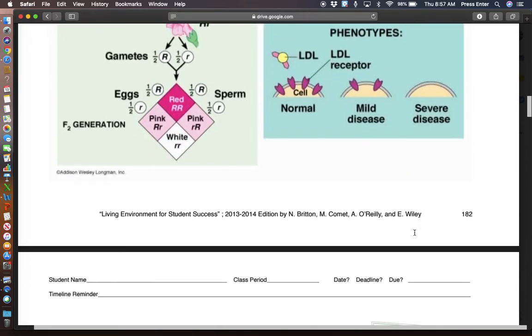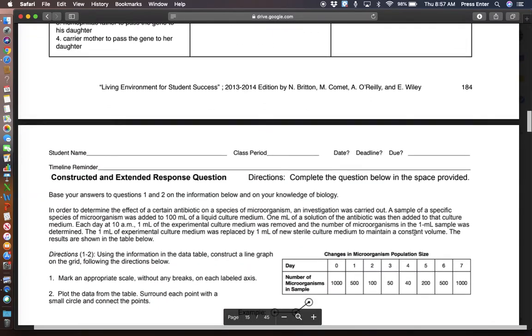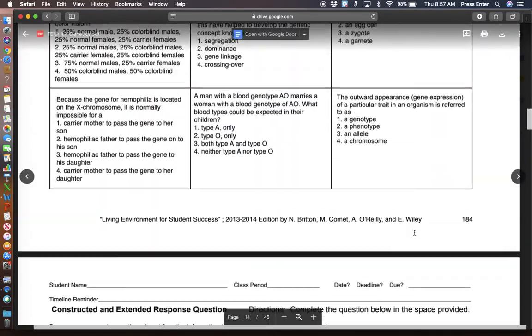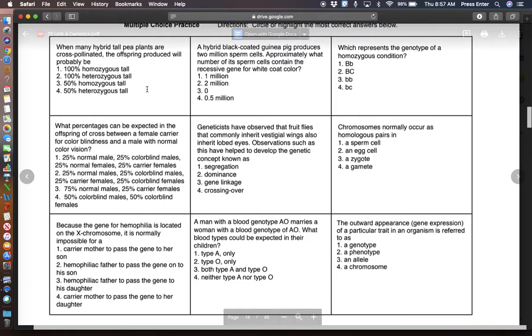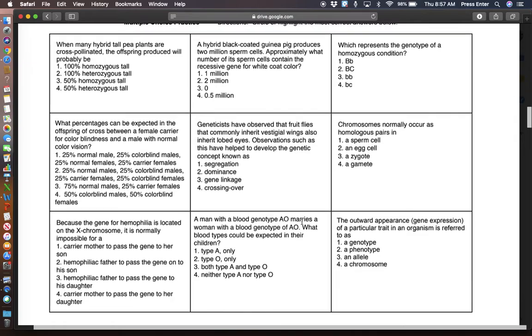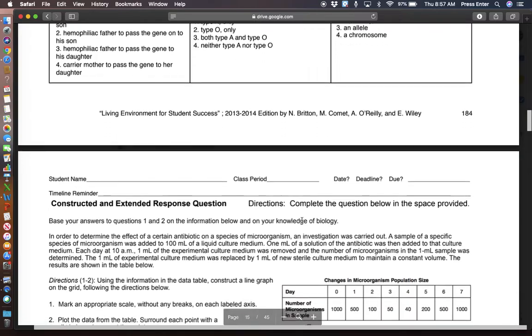Okay. Let's see what else we got. I think we're on to the next part here. And I'm not going to go into too much. Actually, in your notes, you have these multiple choice questions. These would be very good to look through and see if you can figure it out. Most or all of these actually are pretty much just a standard Punnett square that I have confidence that you could figure out. We've already covered monohybrid and dihybrid crosses.